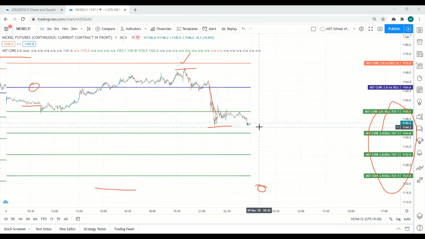So you can ask how it is possible to hold for such a big target. It is up to you. It is up to your experience. You can keep revising your stop loss. I told you after first target, revise stop loss to cost. See here, first target done, but it has not reached the cost. After second target, you can revise to the first target. So this way you will get the profit. Even if you are booking at the first target, you are getting 10 points. 10 points mean 10 into 1,500, 15,000 rupees profit in a single lot, in a single trade. That is a very huge amount.